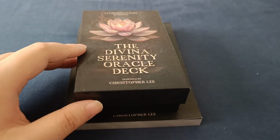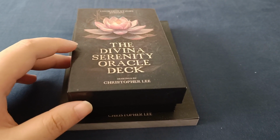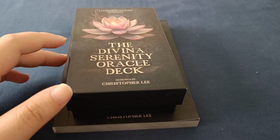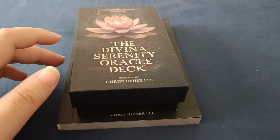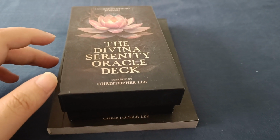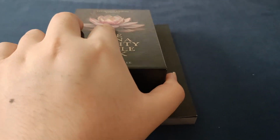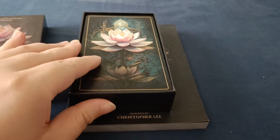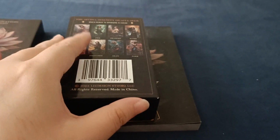yeah, I find that if you're a new person to oracle decks or tarot decks, this is a good deck for you to start with, because you can go off the illustrations and such like that. I am a noob, so I find that this deck is really quite wonderful, and yeah, it's got a lot of illustrations that you can